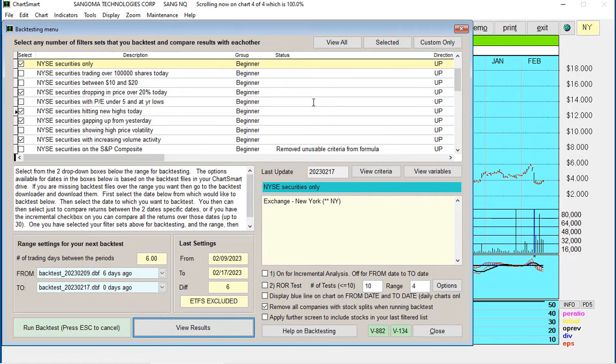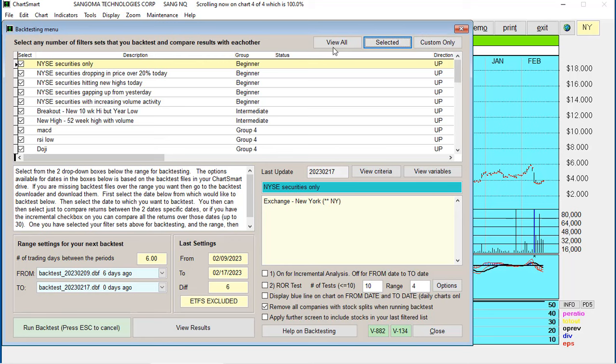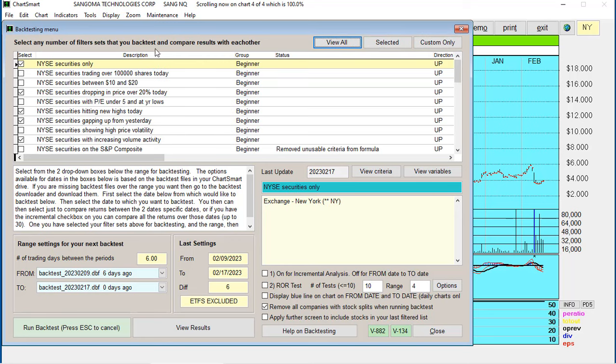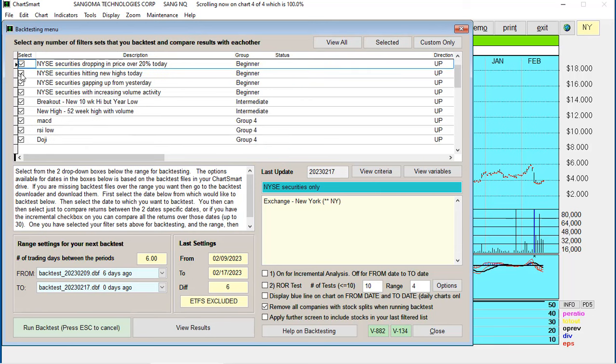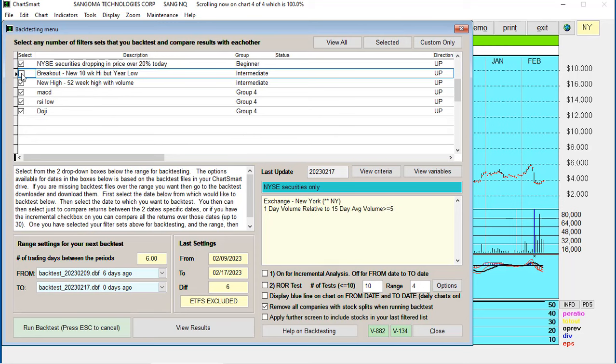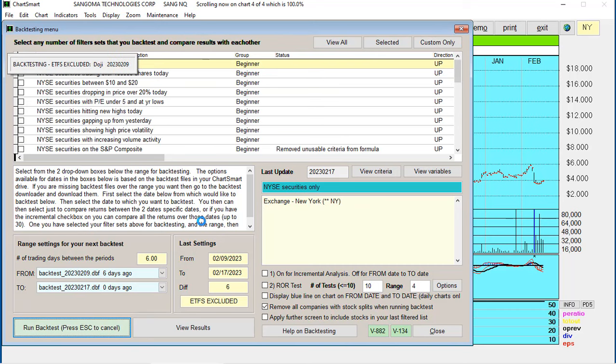I think that I included all of them. Yeah, I included all of them, and I shouldn't have. I just want to include. Let's go back here, and take out those. So we have only our custom ones. We'll run the back test again. And